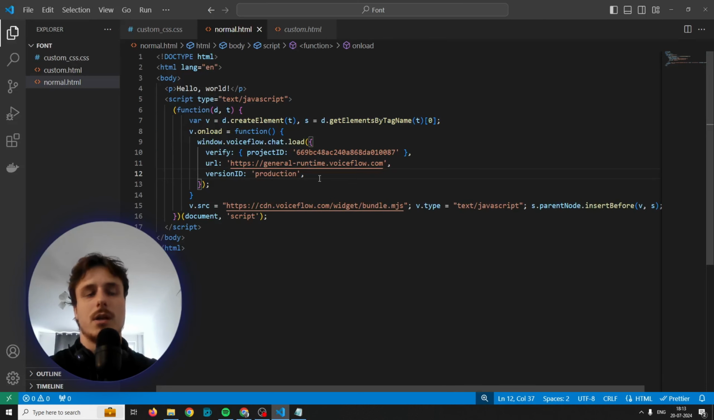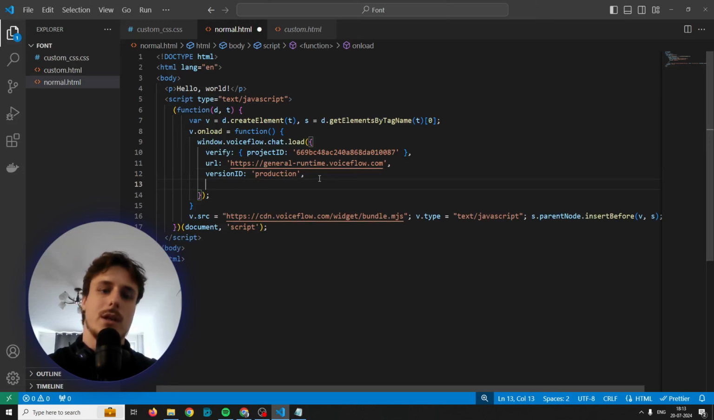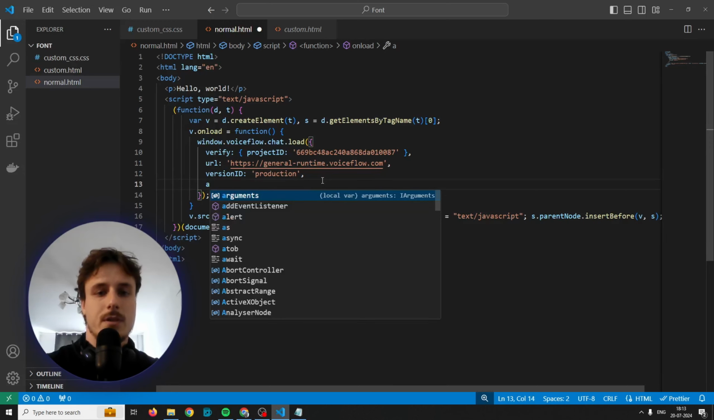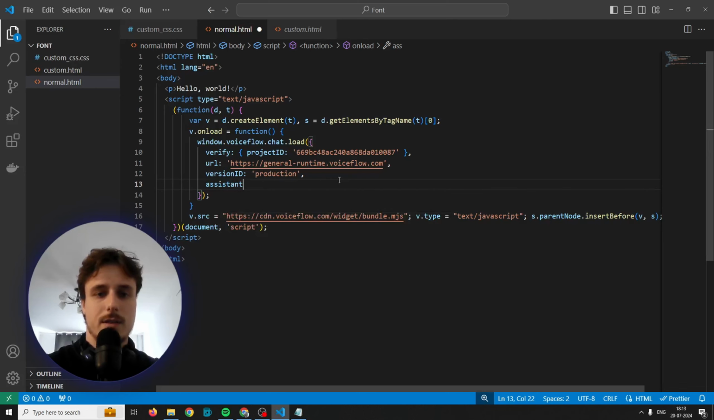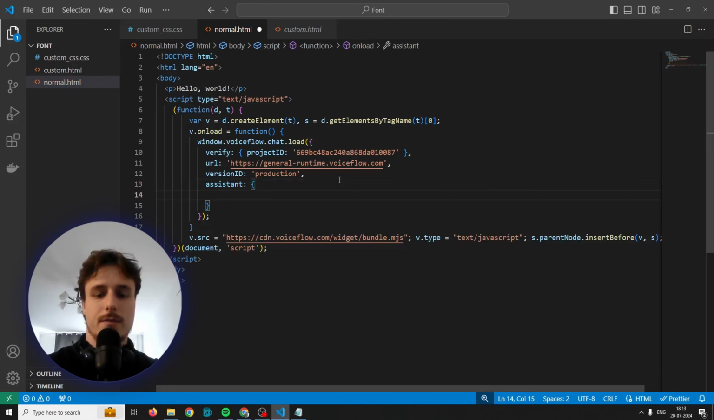Next, what we're gonna need to do is to add a few lines of code. So let's write after version ID, insert new line and write assistant, then curly brackets, and then style sheet like this, quotes. And inside these quotes, we're going to need to insert the URL with our hosted